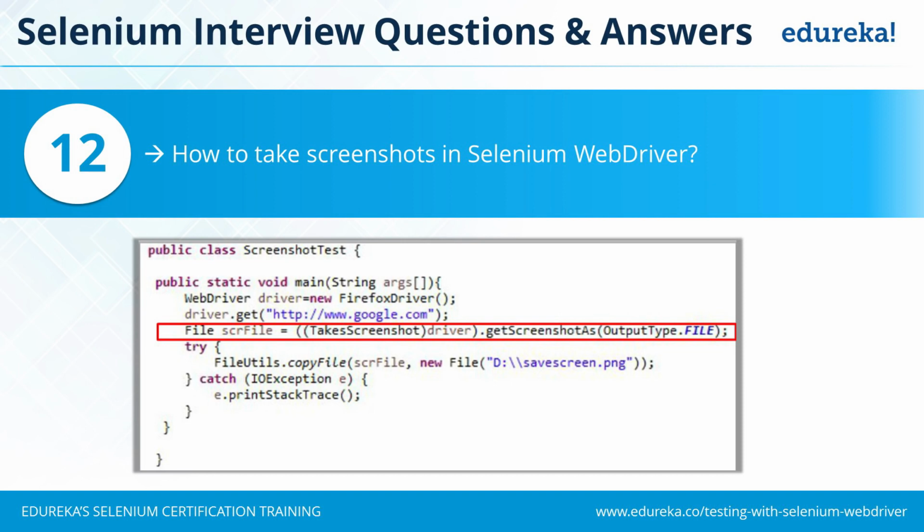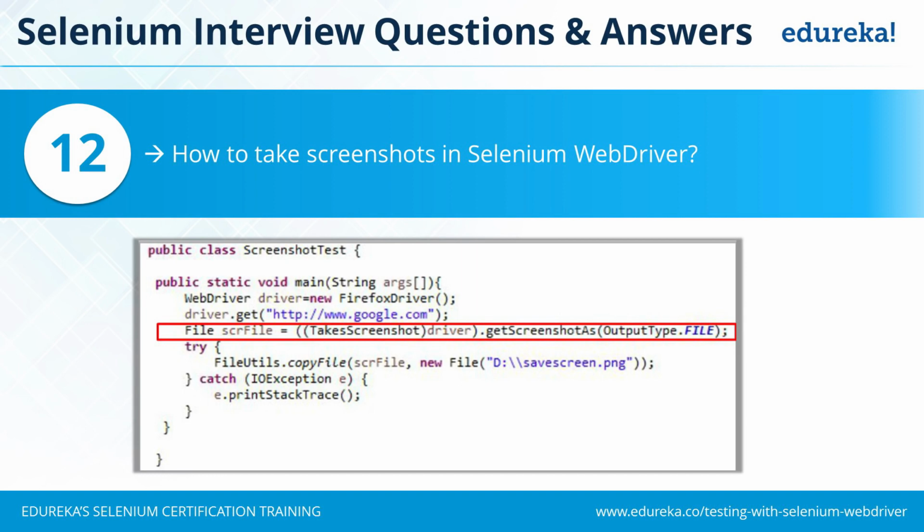Getting a screenshot is done through an object of the File class. First of all, we want to get the screenshot of the web browser, whatever state the application is in. We want to store it in a temporary file, which is in the Java heap memory now. And we want to transfer this file to our file system so that it can be kept forever, because whatever is stored in the Java heap memory will vanish once the program execution stops, since Java's garbage collector will clean off everything.